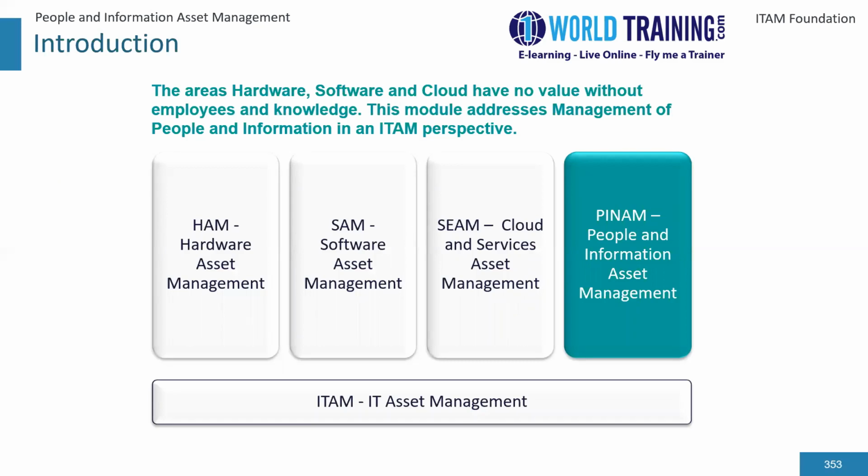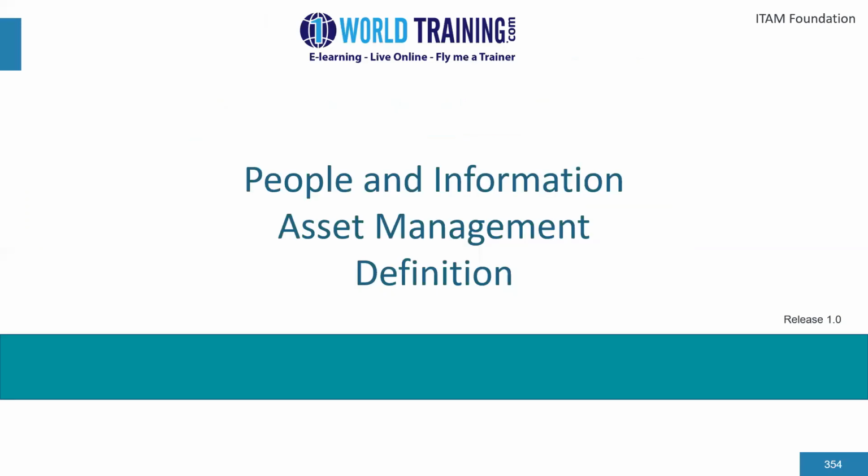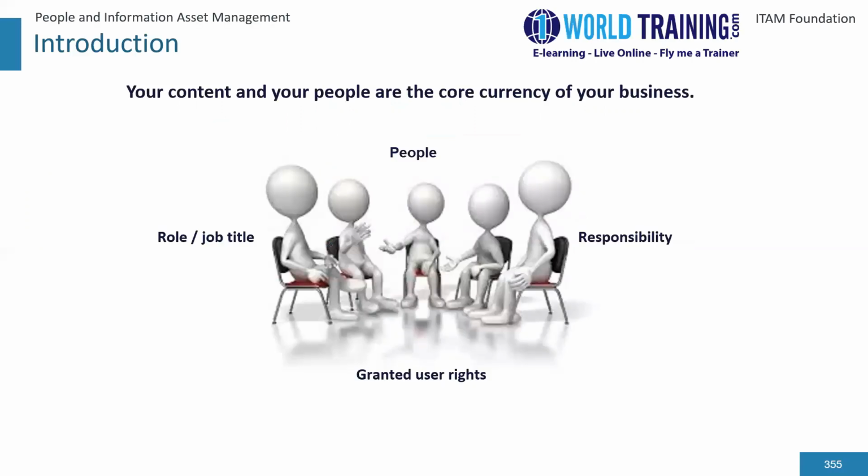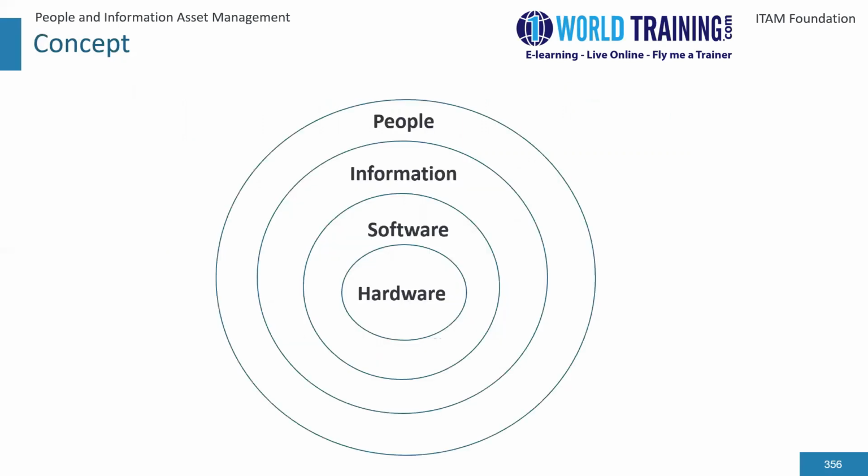It concerns people and information asset management from an IT asset point of view, not from a human resources point of view. Some definitions first. As we see in this picture, the organization's content and people are the core currency of their business. We have people with certain responsibilities, user rights, jobs, or role titles. Which means that